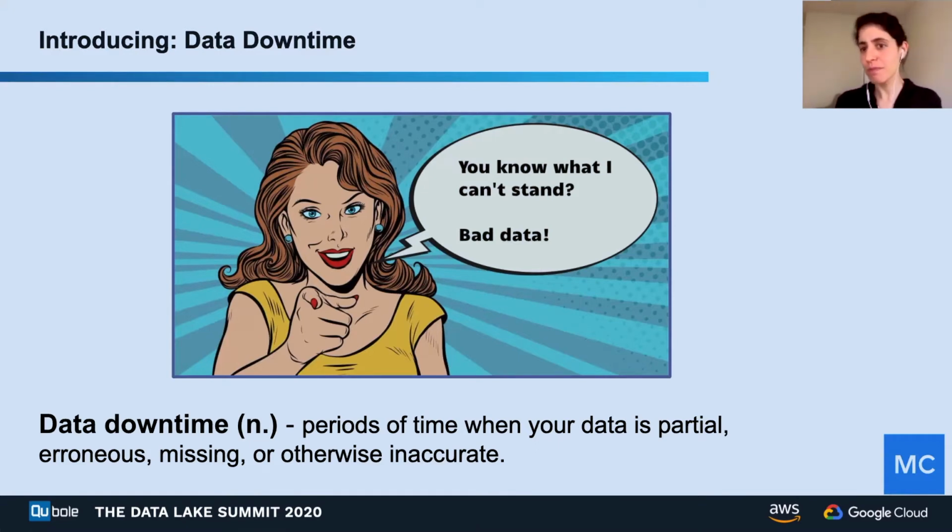And so as a corollary to that, I think data downtime is one of the things that as an industry, we really need to rally around, start measuring and improving so that we can manage it in the same way that we've managed and made huge strides in application downtime. And I think by giving it a name, data downtime, it'll help us better understand how to manage it and also treat it with the diligence that it truly demands.